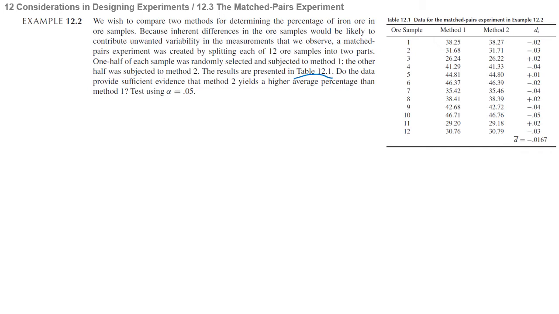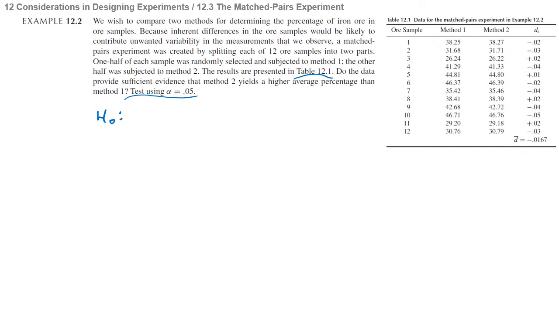Do the data provide sufficient evidence that method 2 yields a higher average percentage than method 1? Test using alpha equals 0.05. So let's first check the hypothesis. What would be the null hypothesis, and what would be the alternative hypothesis? What we want to show is that we want to check the difference